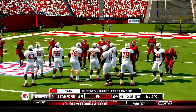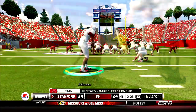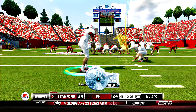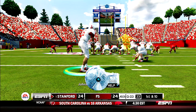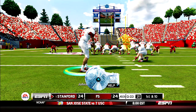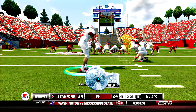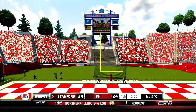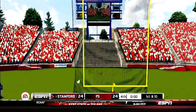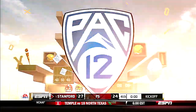As we'll see now, Fresno State is going to try to ice the kicker here with 3 seconds left. We'll see what we can do here. Big time here for Johnson. 24-24, 3 seconds left. This could go into overtime here. This is about a 54-yarder here. Let's see what happens. The kick is up. The kick is good! And the Stanford Cardinals win this one